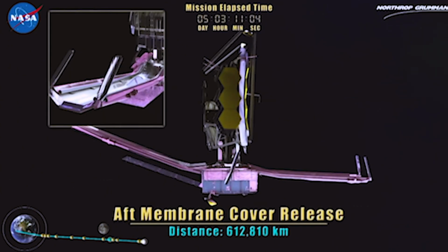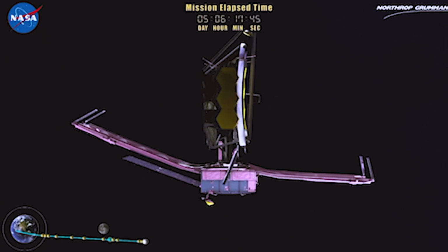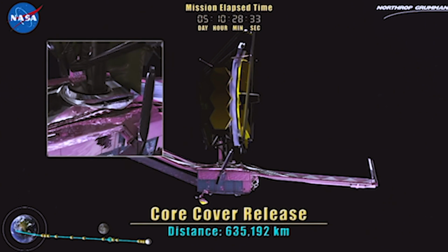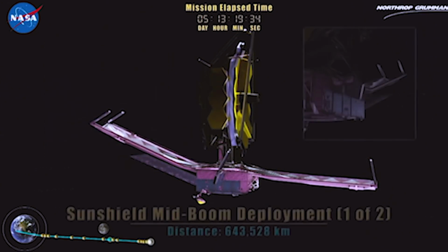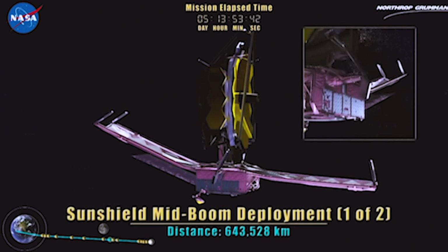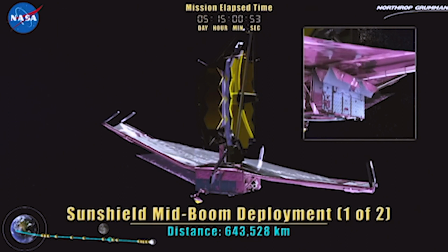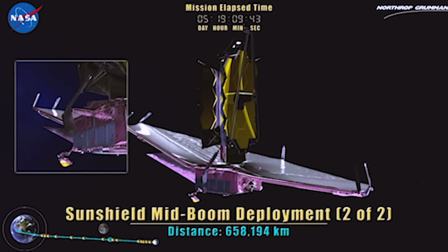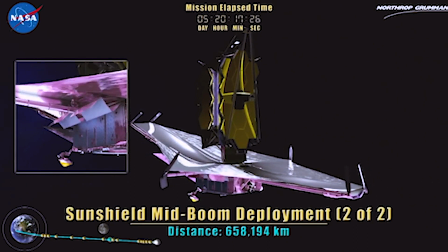Now the covers that protected the sun shield during launch are released and they roll back. Some covers near the spacecraft core do the same thing. And once those are released, we can actually begin to push out concentric tube telescope booms to extend the sun shield. There are 5 layers to this sun shield, and it's critical that there be separation in these layers